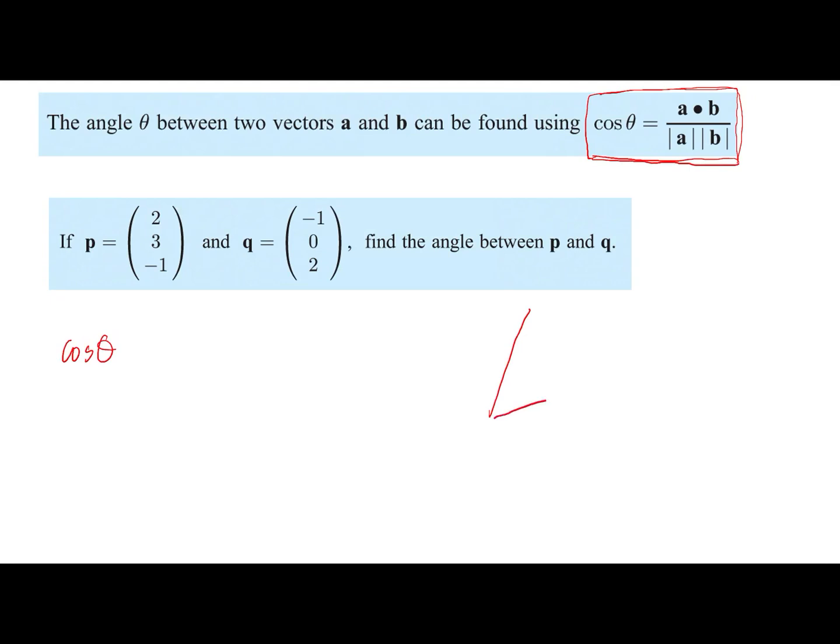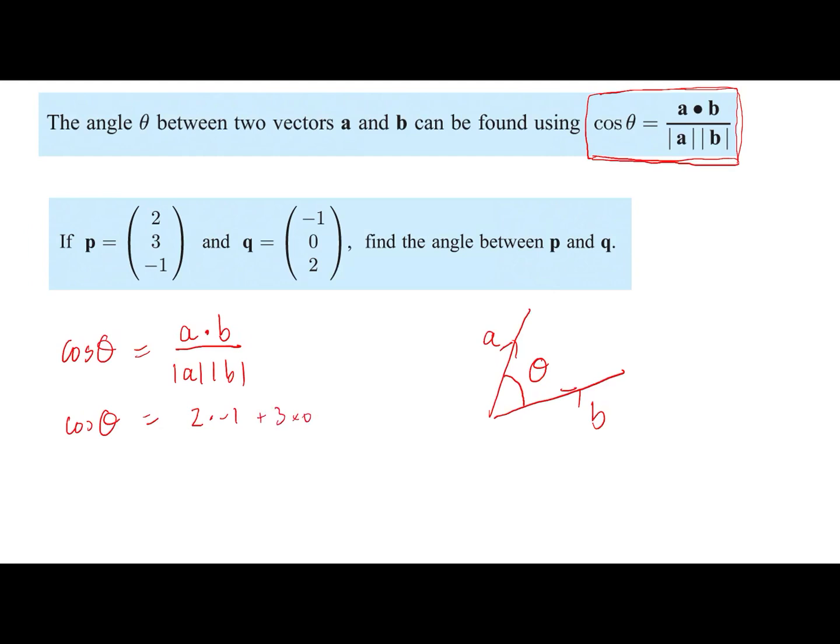So what we can say is the cosine of the angle between two vectors. Let's say I've got a vector here and a vector here. This is vector A and this is vector B. Then we can find the angle between those two vectors. And the cosine of the angle between the two vectors is the dot product divided by the product of the magnitudes of the two vectors. Okay? So we can find out the cosine of the angle of P and Q in this question